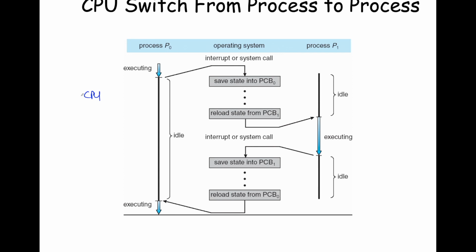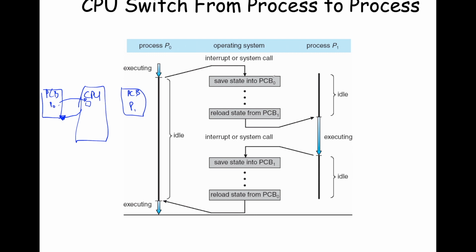So we have our CPU, executing, we have the PCB, process control block, for P0, and then we have the PCB, process control block, for process P1. So P0 is executing, so that means at some point in the past, its state information has been sent onto the CPU. So if it's no longer executing, well, what happens? If we get a system call interrupt, well, it gets kicked off the CPU. So that means whatever the current status is for P0, process P0 on the CPU, that information is written into its PCB, process control block.